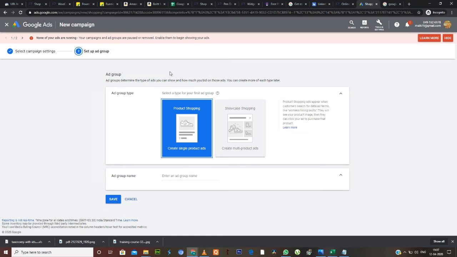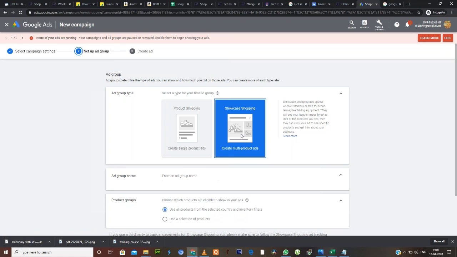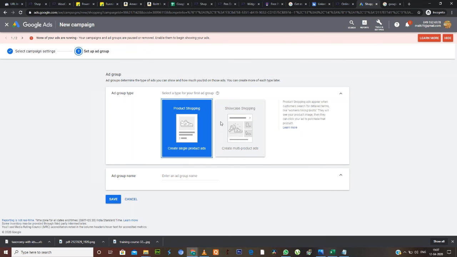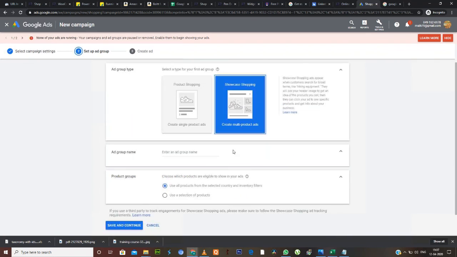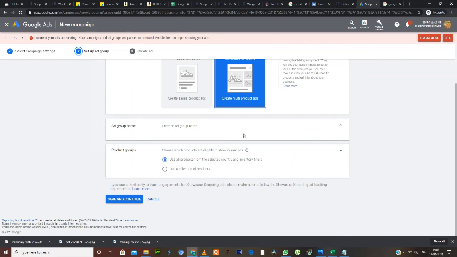So if you do not want that, and you want to showcase your product and create your own ad, you have to click on showcase shopping. When I click on this, you see on the top a new thing came, which is create ad. When I click on the other one, it is not there. So this is not required in a shopping ad; the default is more than enough. But if you wish, you can go with this.